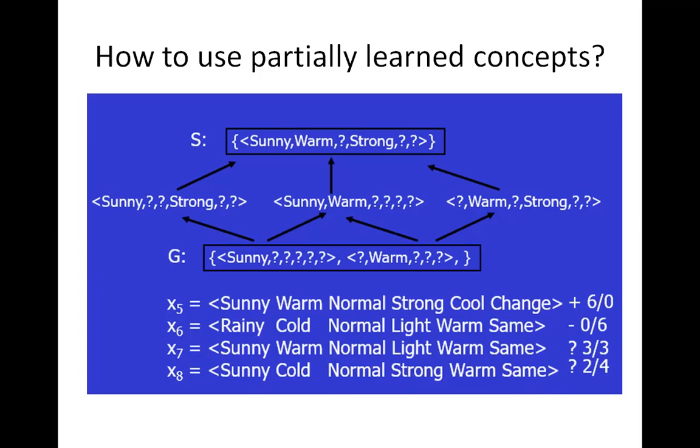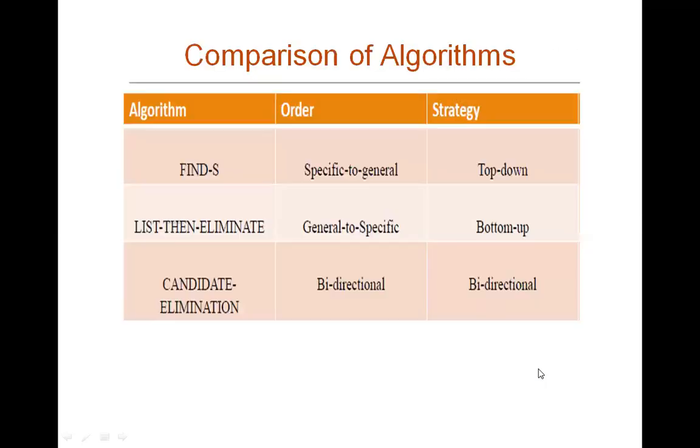See, third example, anyhow, 50-50 case is there. So we cannot classify it as either a positive case or negative case. In the fourth case, 2 negative, 4 positive is there. So majority we have positive. So we can say that it is a true. Enjoy sport is true. Okay. In these kind of situations, sometimes candidate elimination algorithm will not work. Okay. So this is one example.